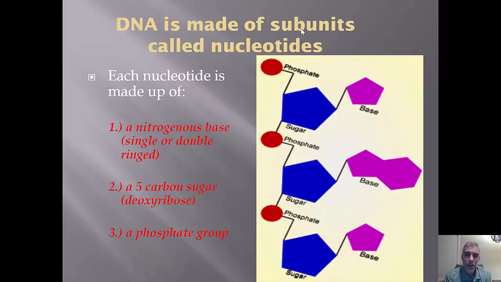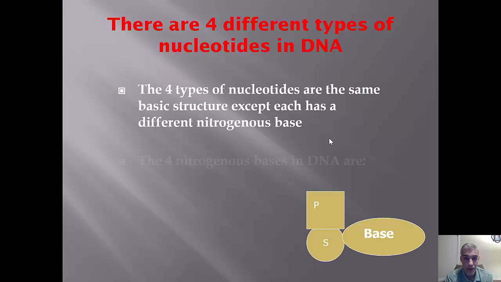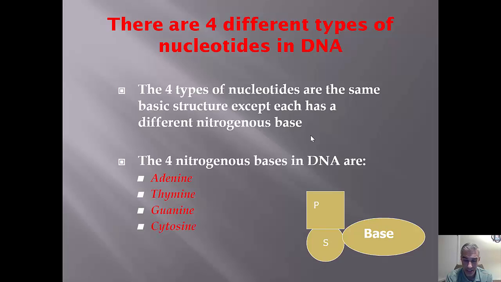Okay, so just real quick, DNA, what's it made of? DNA is made up of really three main parts, right? Sugars, phosphates, and bases. And we repeat those over and over again. The phosphate group right here, the sugar right here, and then the base, which is either A, T, G, or C, right? Adenine, guanine, cytosine, thymine. So the four bases are, as I mentioned, adenine, thymine, guanine, and cytosine. And they have the exact same phosphate and sugar, it's just the base that would be different in them.